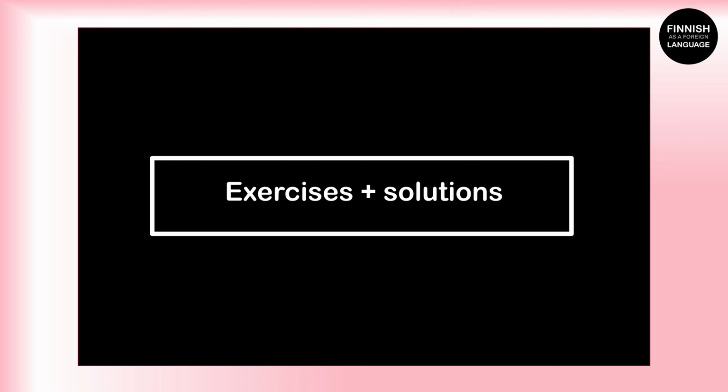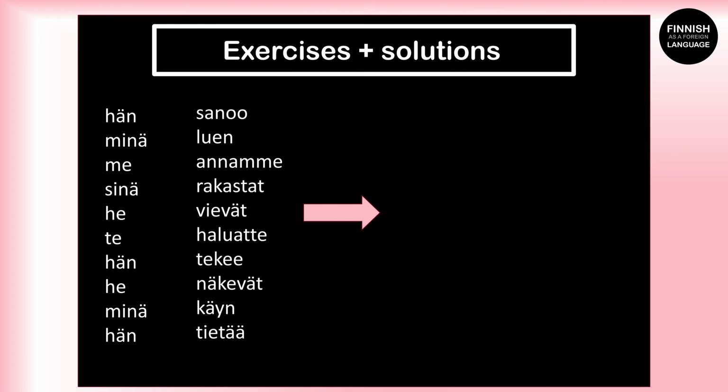Now let's move on to our final chapter, exercises plus solutions. So here are 10 verbs in the present tense, and the task is to change them to the past tense. For each answer we have 5 seconds. Let's start. Hän sanoo in past tense is, that's right, hän sanoi. Next one, minä luen in past tense is,